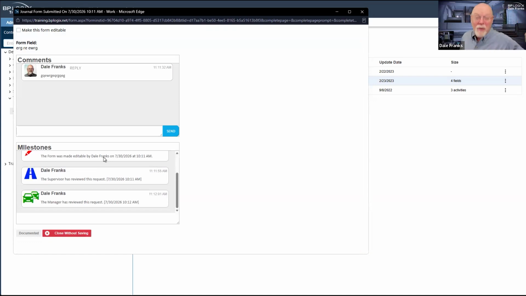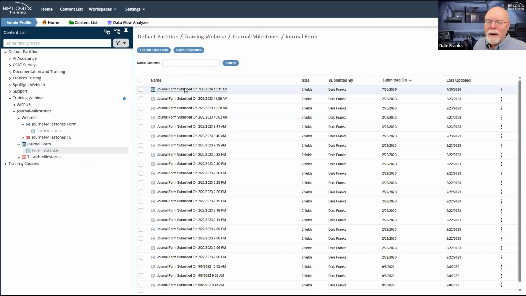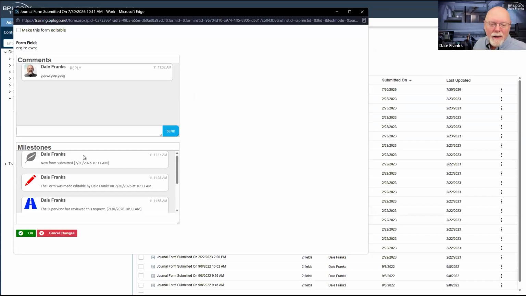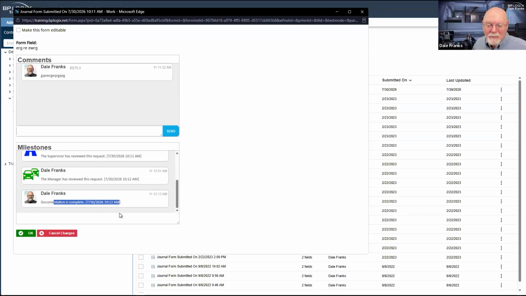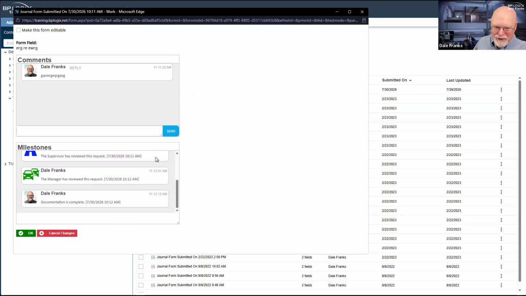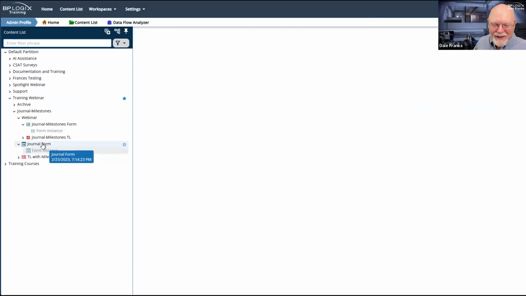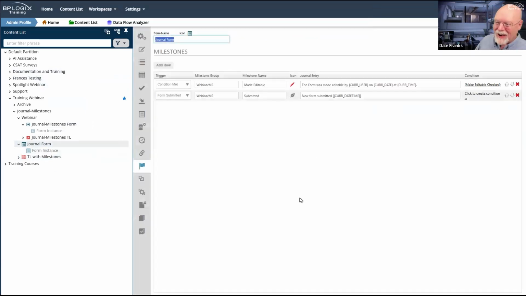So you know what? We're just going to go back and look at how I configured this so that it makes it work. And then I'll hit documented. Does something happen on documented? Let us see. Documentation is complete. Yes, something happens on documented as well. So let's take a look at all of these milestones. Since it works here, and since I'm apparently incapable of replicating it, let's just go ahead and look and see the milestones that we just demonstrated.